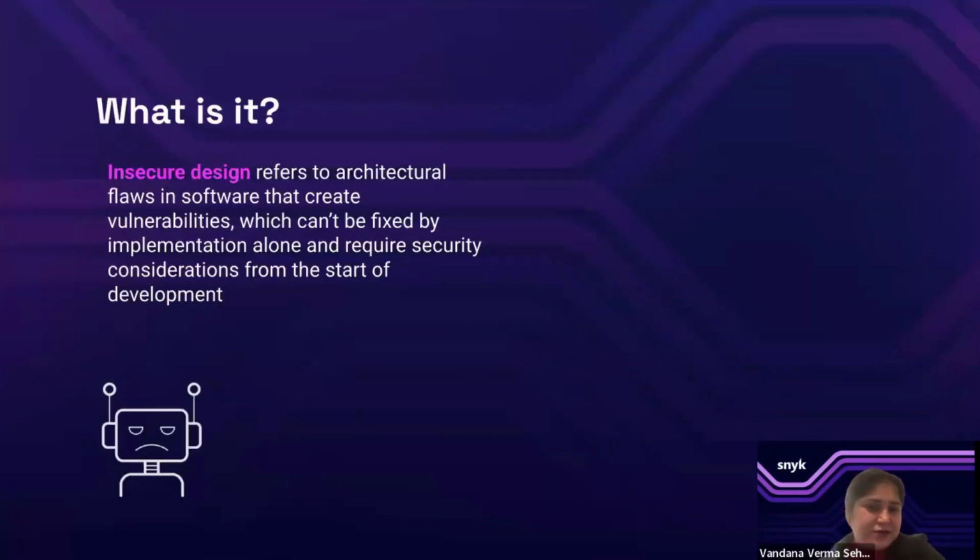Now comes insecure design. In simple words, this is when our app thinks that yes, this is a design and we can do anything. And if you're vulnerable from the get-go itself, what would you do? It could be a problem with the architecture, for example that I needed to have a password with 18 characters, and I did not mention it as part of the whole design, and I still missed out on a lot of things. Now, this was the category which was introduced in 2021, and especially here, it's not just about the coding